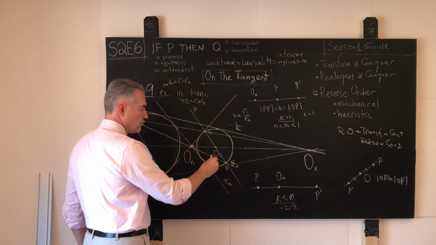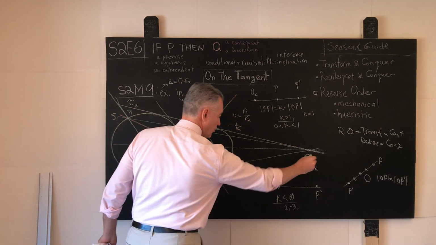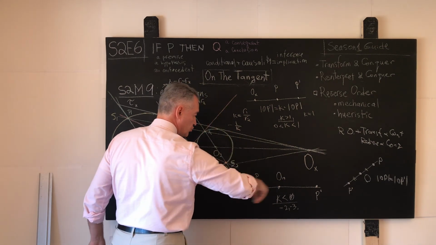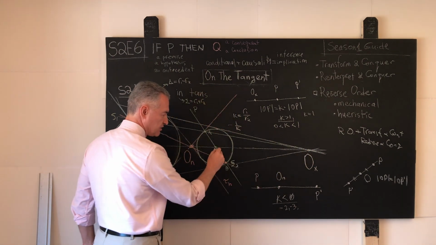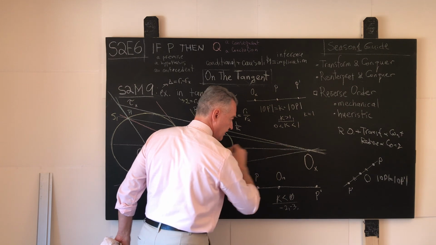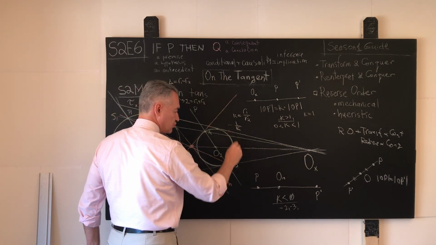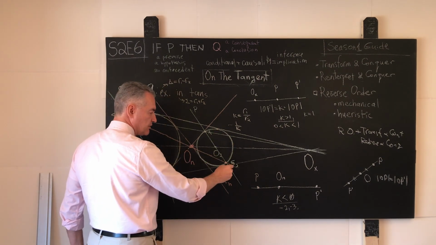For example, we bisect the line segment O2, OX, and construct a circle that has the line segment O2, OX as a diameter. Where that circle intersects the circle S2, through these points, here and here,